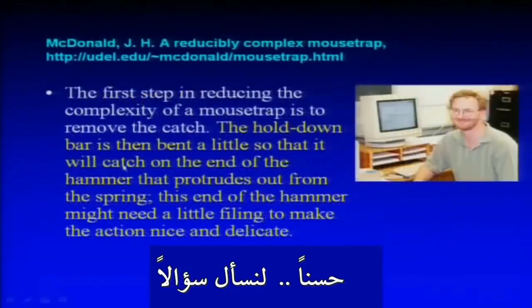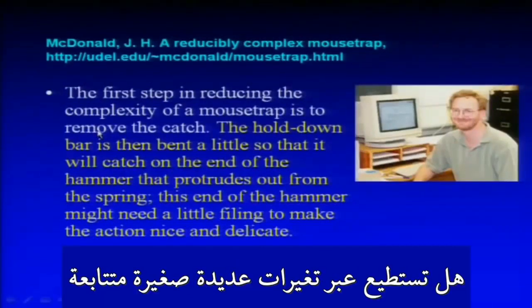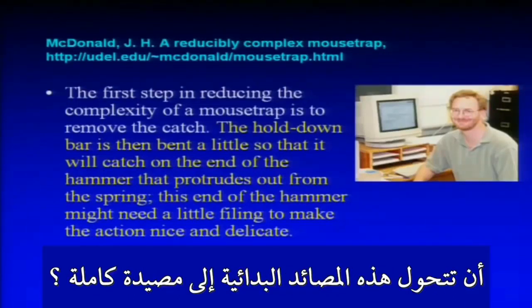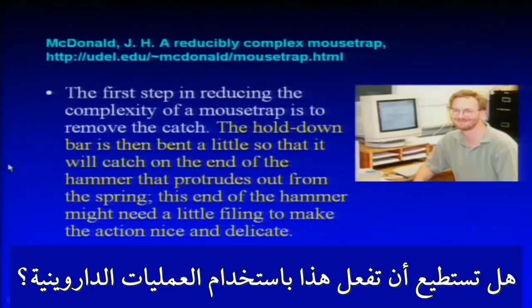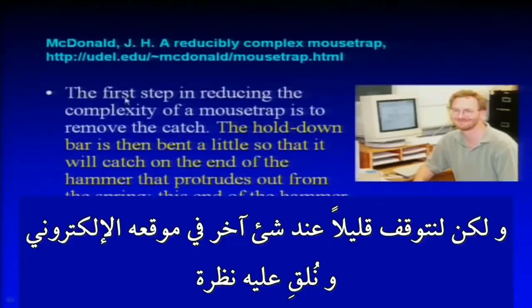Well, let's ask the question, using John McDonald's intermediates, can we do that? Are they numerous successive slight modifications, precursors to a type of mousetrap that he showed as the full mousetrap? And can you get there by a Darwinian process? Well, we'll go through and show that you can't, but let's look at something else on his website that should